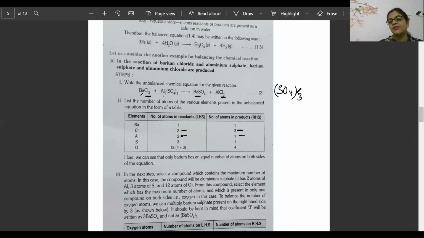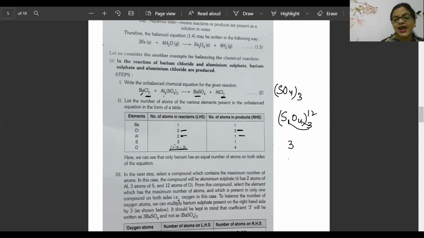Now all these children are coming correct, 3. V Kavya correct. Beta, when this condition is coming, that means sulfur is having 1, oxygen is having 4. Now 1 into 3, 3. Oxygen 4 into 3, 12. So exactly oxygen is having 12 and sulfur is having 3. That's why I discussed it. So now you see here they have represented also 4 into 3. Sulfur is 3 into 1, so it is 3. Oxygen is 12. Very good, Sudarshan. Now we see nothing is balanced here.